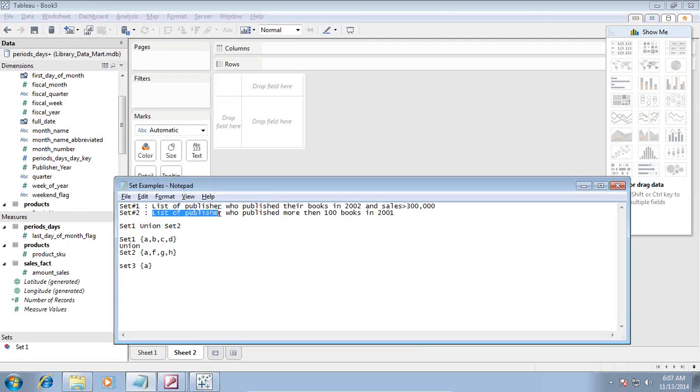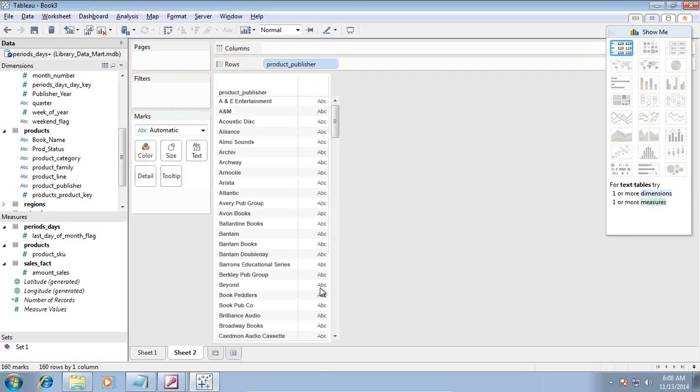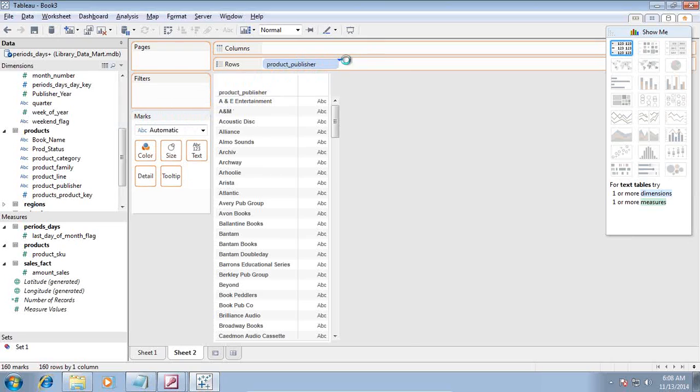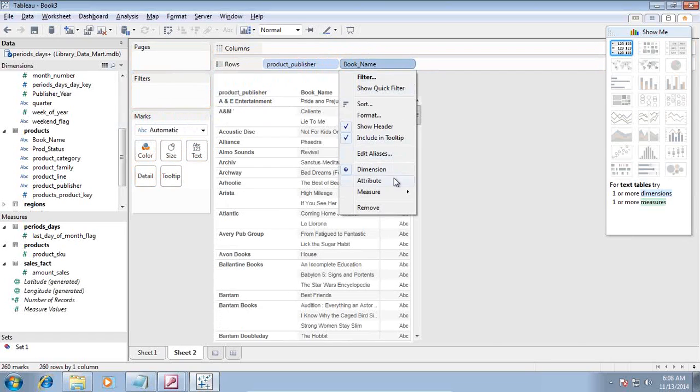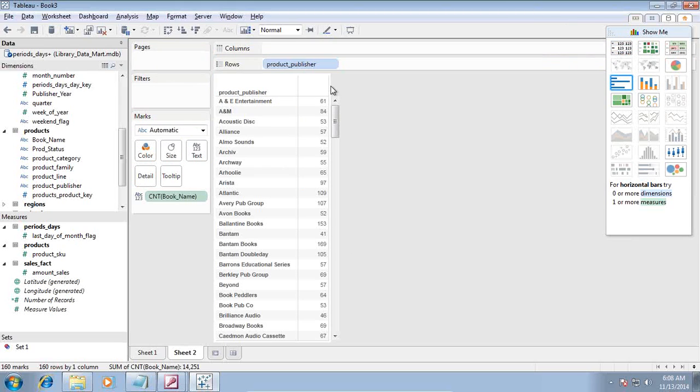So list of publisher who published more than 100 books in 2001. So I'll do the same thing. I'll display list of publisher, publisher name, and who published more than 100 books. So I'll place book name, but this time I apply count on top of that because we want to find out more than 100 books. So I see list of publisher, number of books they publish